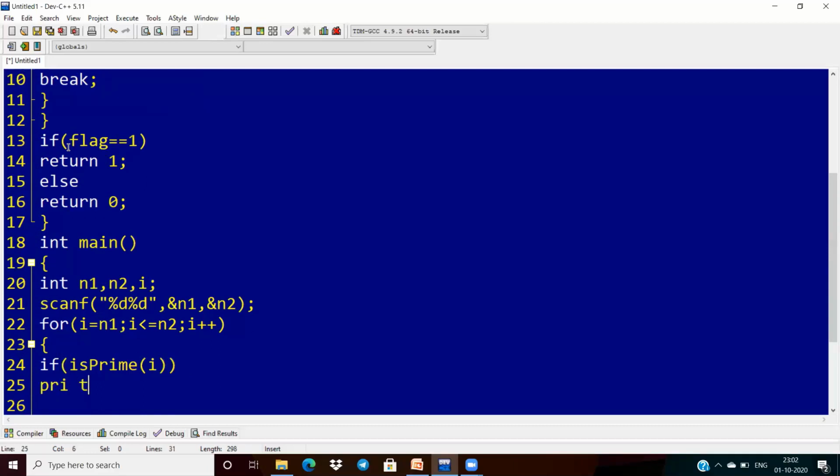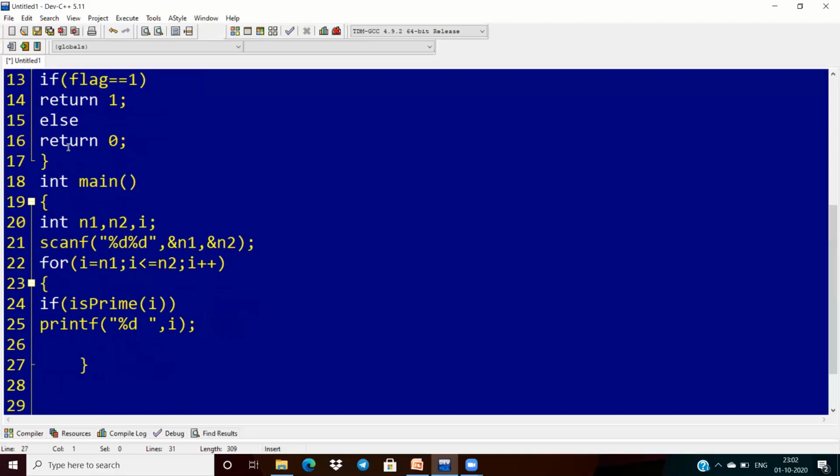Now first of all I have to print all the prime numbers between the list. So directly I am writing printf percentage d comma i, that's all. So I want to verify we are getting all the prime numbers between the list or not. So I want to save the program here.